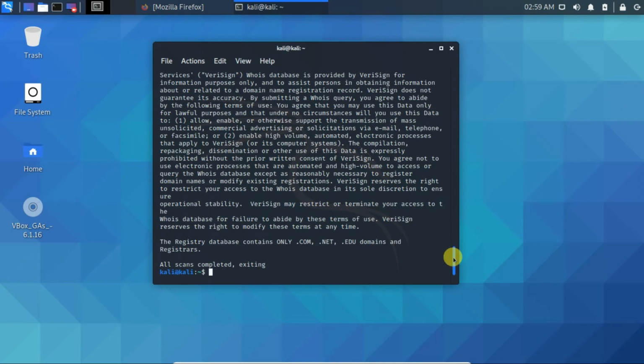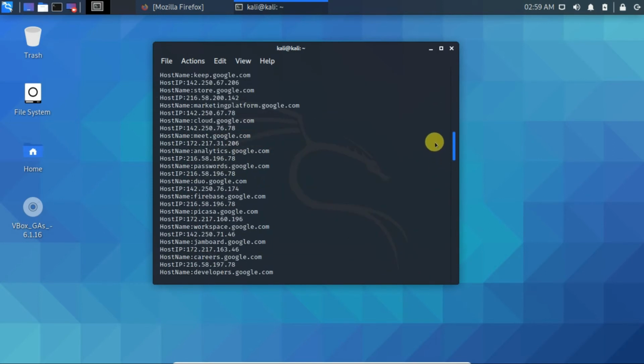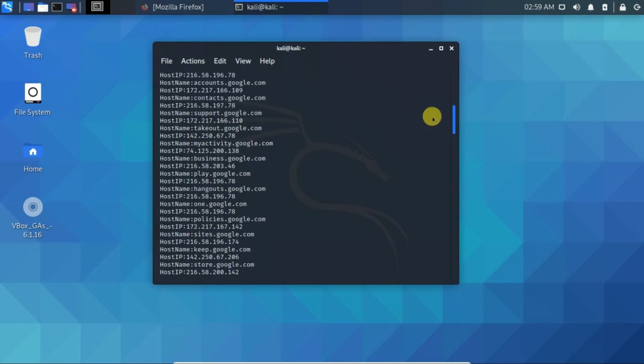Since we know a lot of subdomains and IP addresses, let's take a random IP address from the known IP addresses of subdomains of google.com, and let's try to find information for that particular IP address. So this is very interesting, and let me take the IP address of myactivity.google.com, and to copy an IP address you have to use Ctrl+Shift+C.